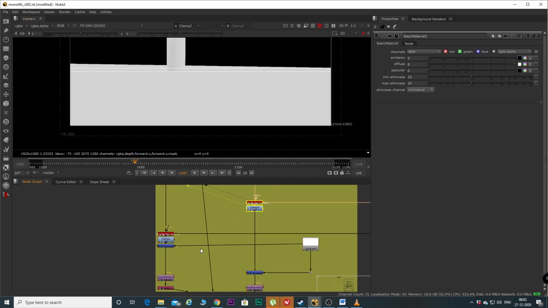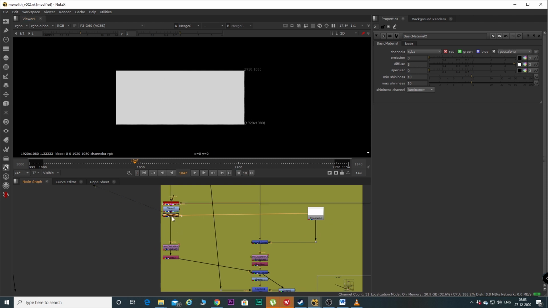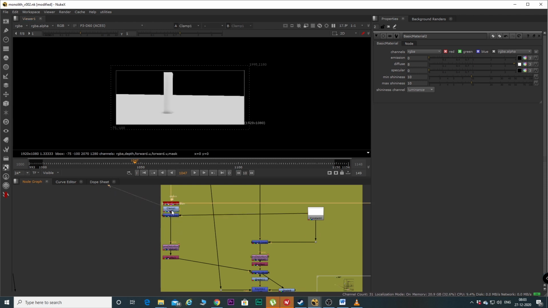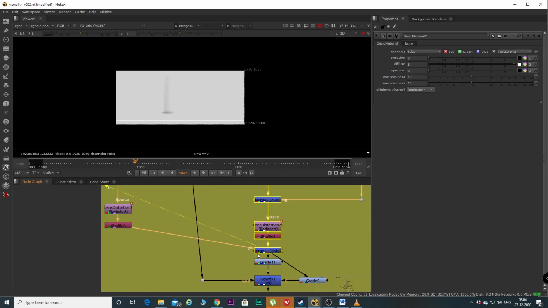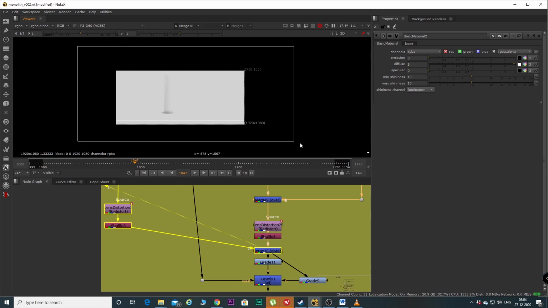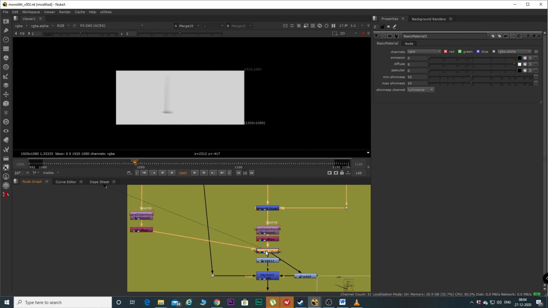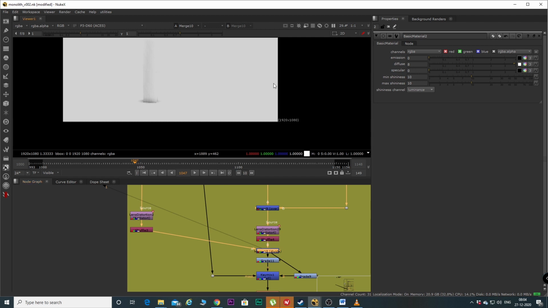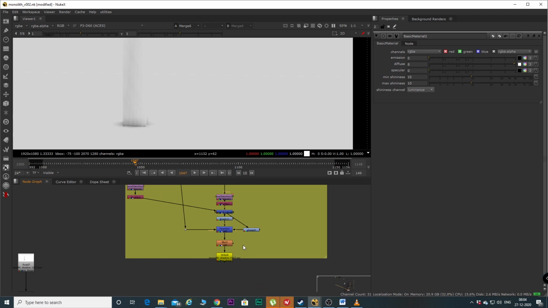In both of them I've added a constant at the back just to fill up the black space. I've divided them and I've got a clean occlusion shadow with no seams whatsoever, whereas in this you could get some seams.